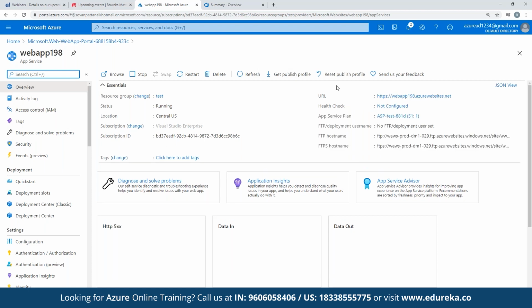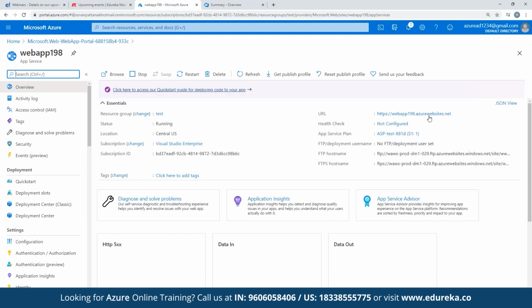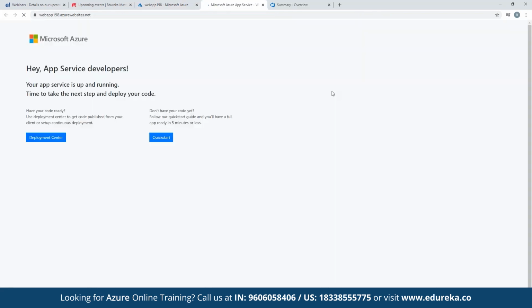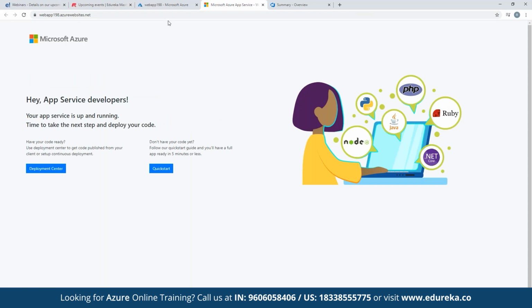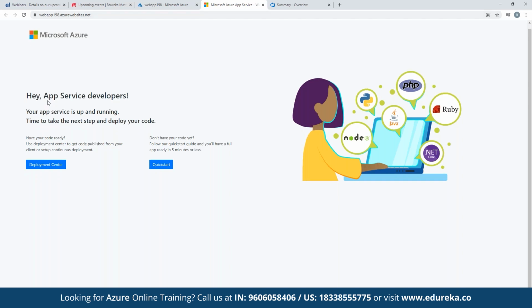So this is a PaaS service, as I said. URL is here. Once you click on the URL, it will have azurewebsites.net, right? So we have this web application ready. You see here, within a minute, we have created a website which is instantly available for developers. Now, developers only need to work on their coding part of it. They can concentrate only on the code, and these are all the codes which are highlighted here, right?